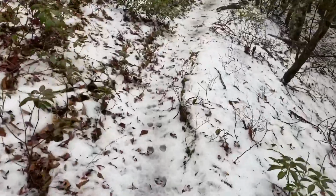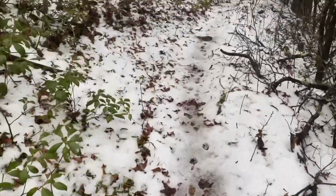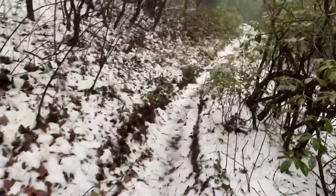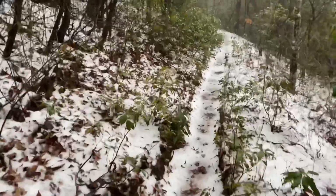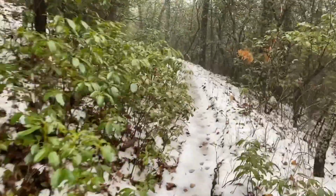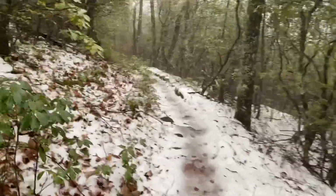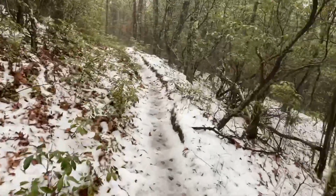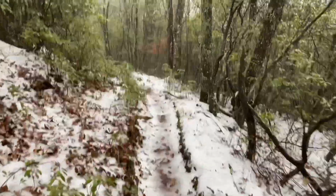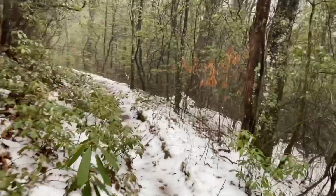It's been going for almost a mile now. They left this trail for maybe 50 feet at one point, and then they're back on it. I have a new theory that maybe they're running the trail and finding little voles or mice under the leaves and snow and digging them up and eating them. Because I've seen several other of those scratch places where they dug up a bunch of stuff and then just kept on trucking. I even see a couple where you could tell they backtracked and went back to a spot. So anyway,